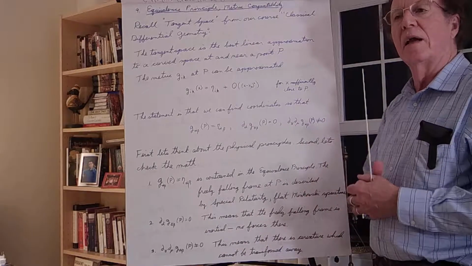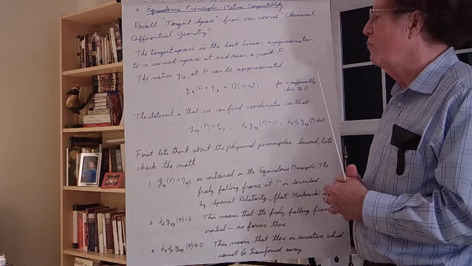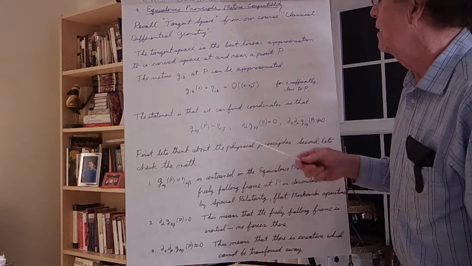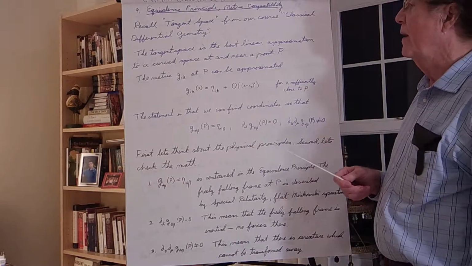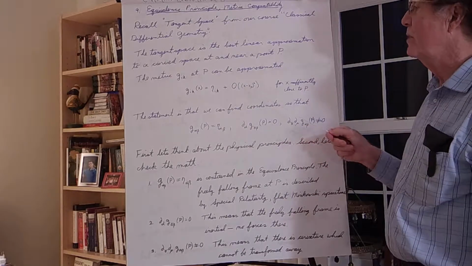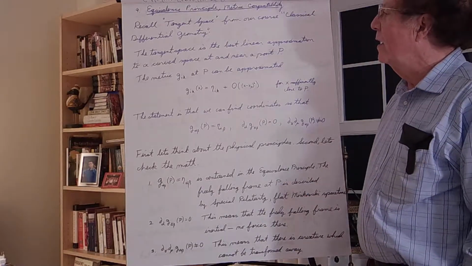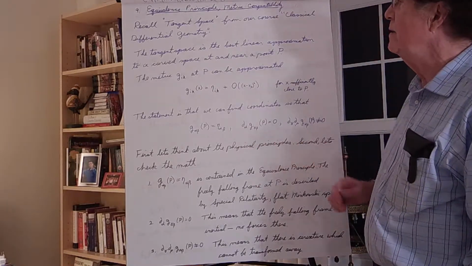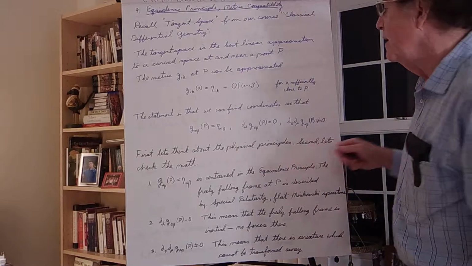Remember, physically, we're thinking about the tangent space as the local Minkowski space approximation to the curved space-time. So the metric G_ij, i running from 0 to 3 for the four-dimensional Riemannian space, can be approximated by the metric of Minkowski plus corrections, and the first corrections are of order the distance squared away from P. That's what we want to discuss here, and we want to understand that from the perspective of the equivalence principle. The statement is that we can find coordinates